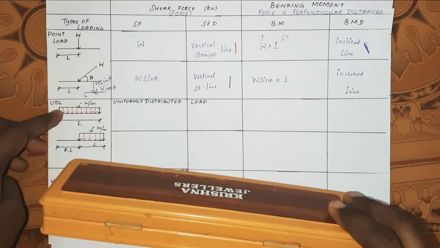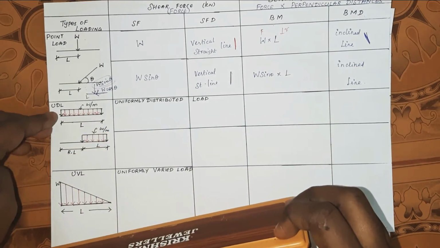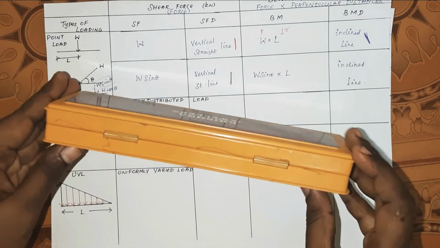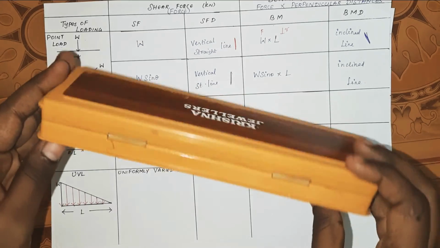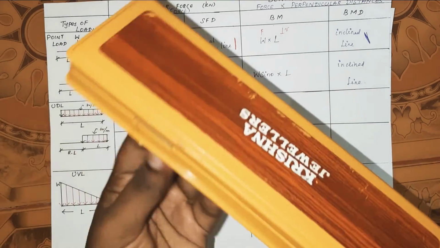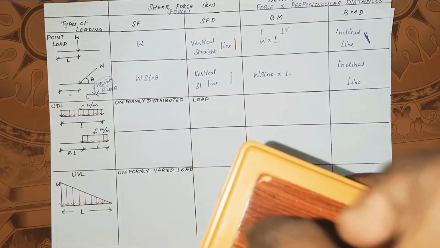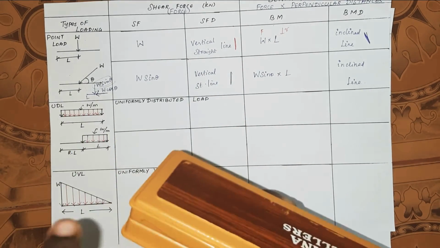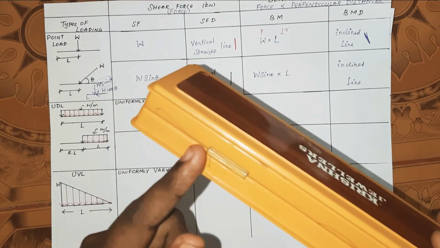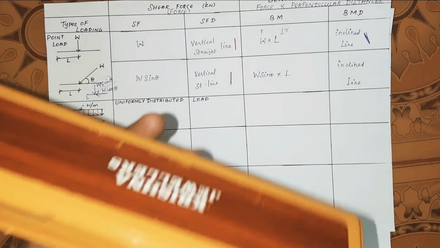See this diagram, the first diagram, same like that. The load is acting in the form of a rectangular-shaped box. Let us consider this is a UDL having length L and the load is W. The acting load goes in the downward direction only. So the load will be W here, W here, W here, W here also. So this box is a UDL.